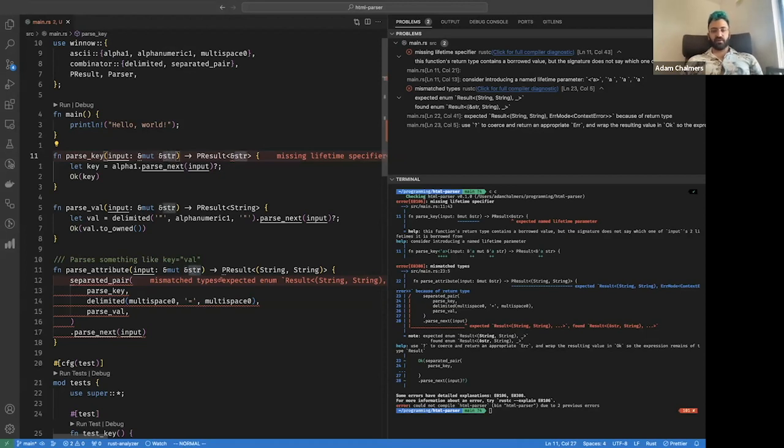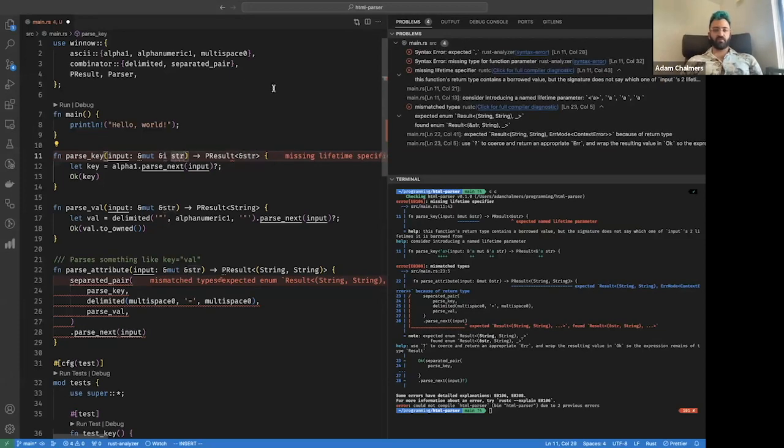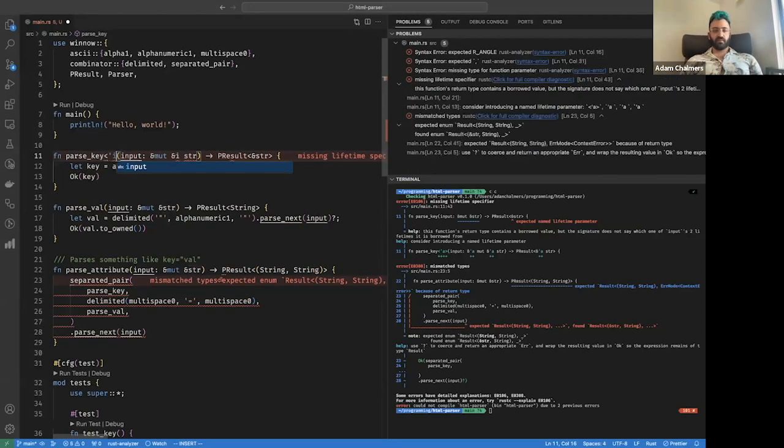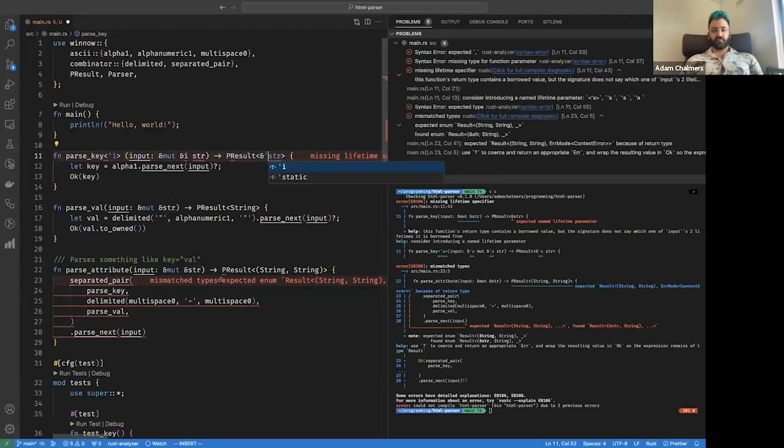The way that I'm thinking about this is that this lifetime should be the lifetime of the overall HTML string input that we're being given. Because really, we're handing back a pointer to somewhere in that original input. So I'm going to call this lifetime 'i for input. I'm going to declare it here. And then I can say,